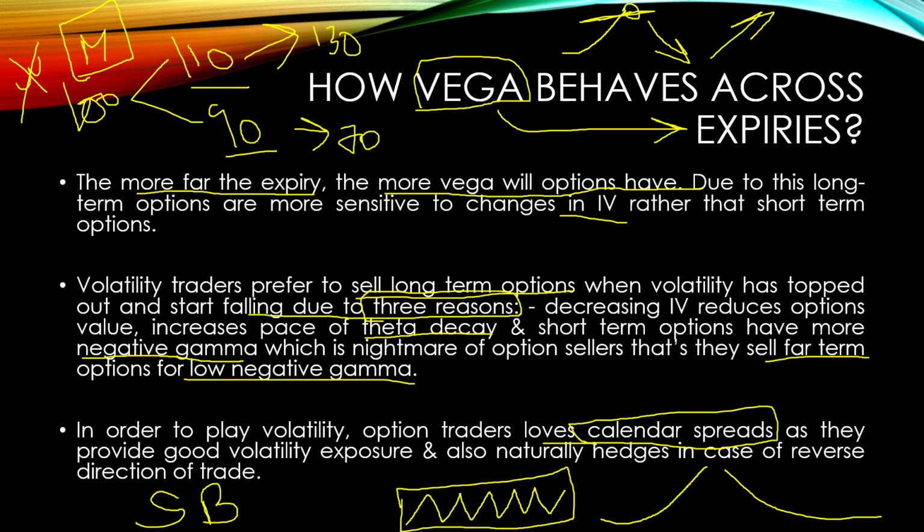So an option trader who wants to play volatility and also wants a hedge against their position in case the market goes against their predicted direction likes to do calendar spreads. This is an advanced strategy, and please do comment if you want videos on different option strategies. We will try to explain what a calendar spread is and what different strategies can be implemented in different volatility scenarios. So this is Vega,